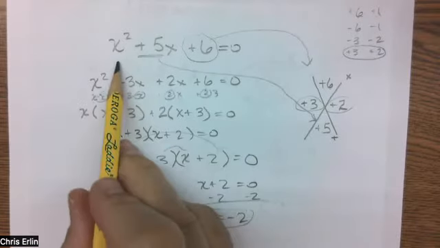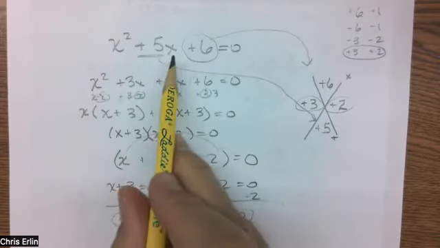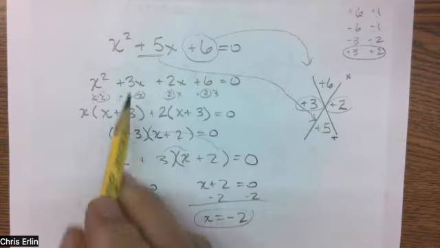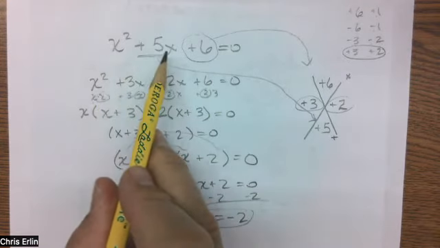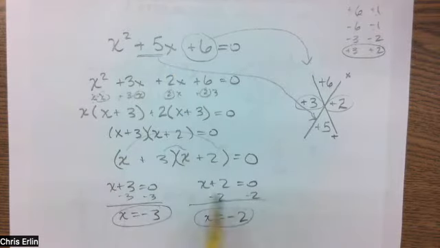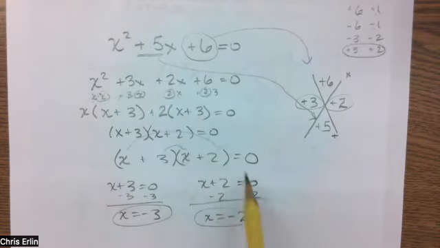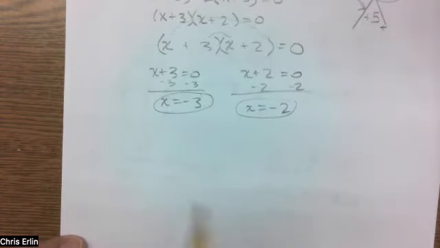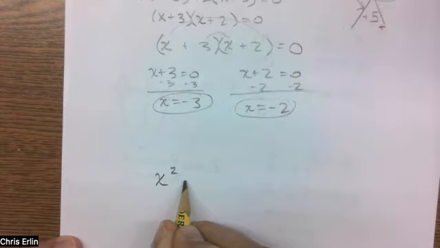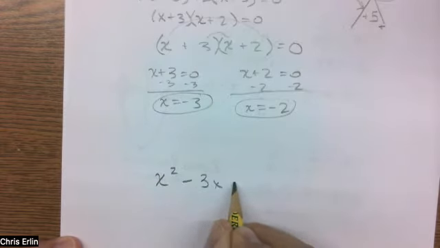If I were to plug these back in, 9 minus 15 plus 6, I would get 0. And if I put in negative 2, squared is 4 minus 10 plus 6, that would also give me 0. So these are the two solutions, or the roots or the zeros of this function. We're going to see that we have more challenging problems sometimes. What if we had, for instance, x squared minus 3x equals